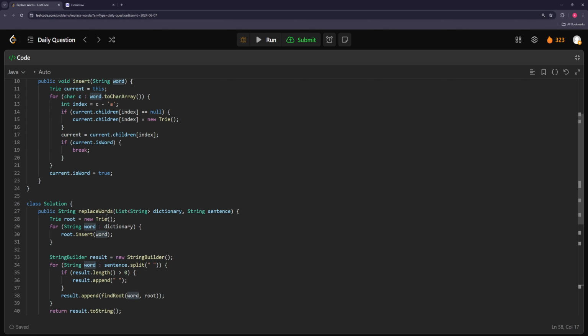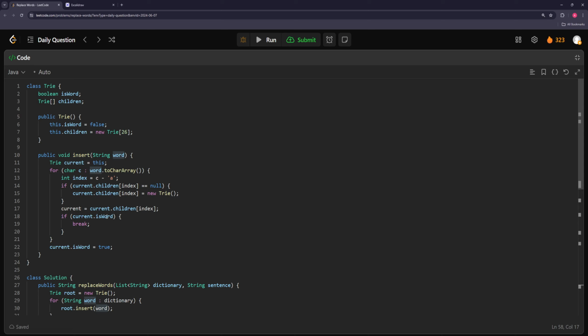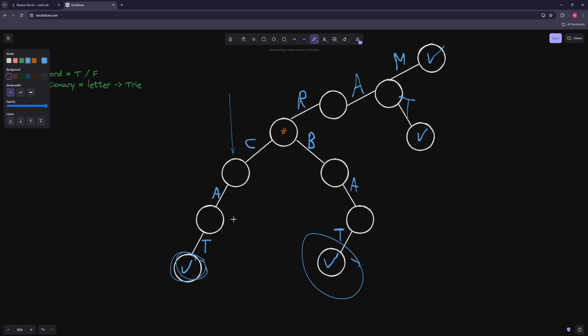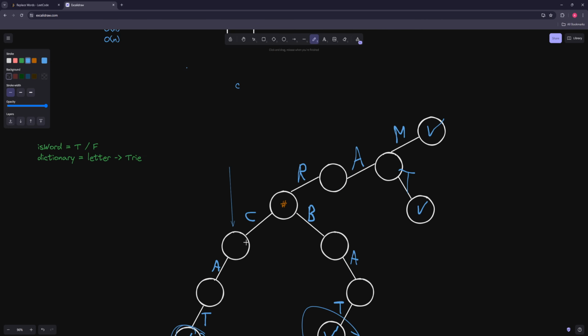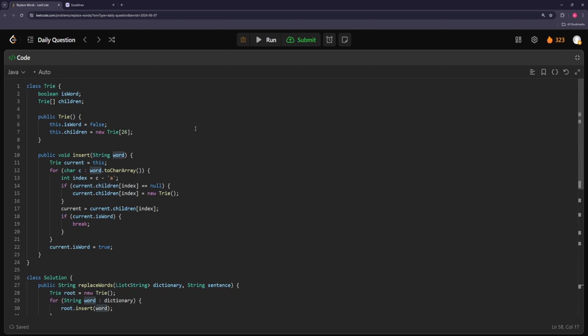So this is a good problem to use tries, and you can figure out why a trie is better than a set, like I showed earlier. It's very efficient string comparison, because you're just comparing one letter at a time, as opposed to constantly building the string and keep